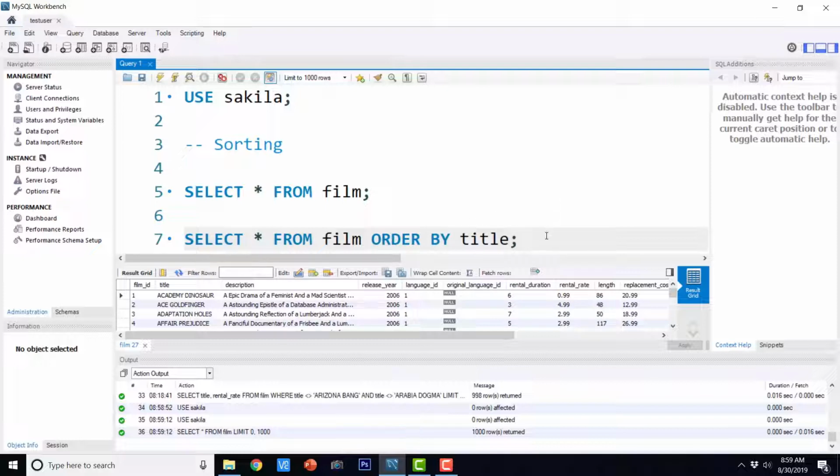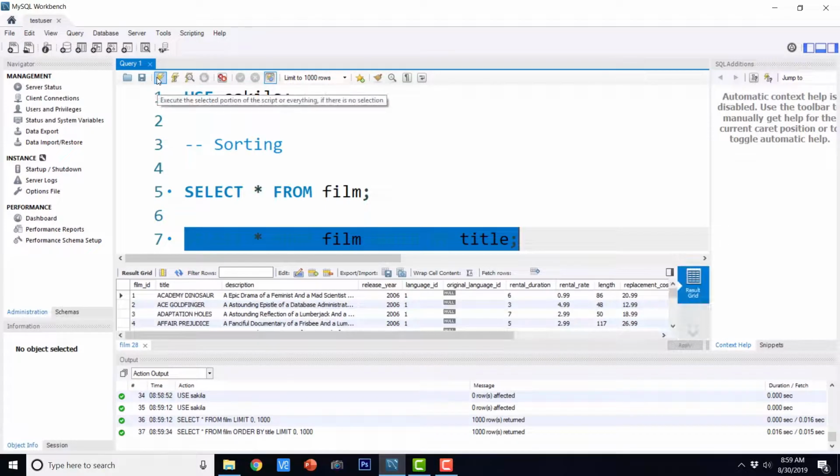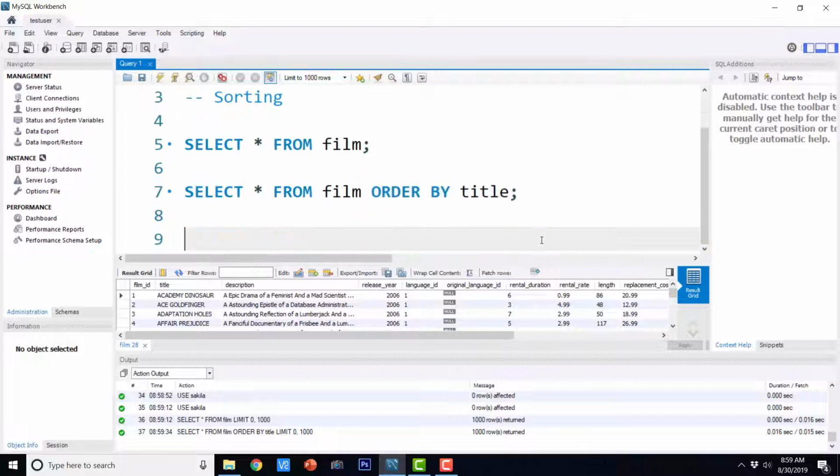So the records will be sorted according to the title alphabetically. If it is a character column, they will be sorted alphabetically. If it is a numeric column, they will be sorted according to the value of the numbers. Okay. Now this is ascending order. Okay. And it is the default order.